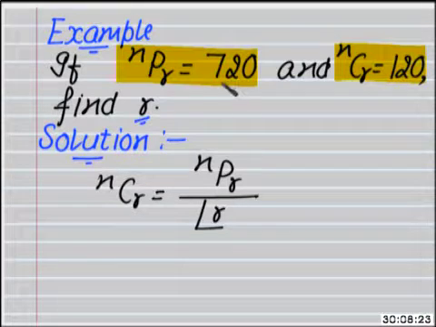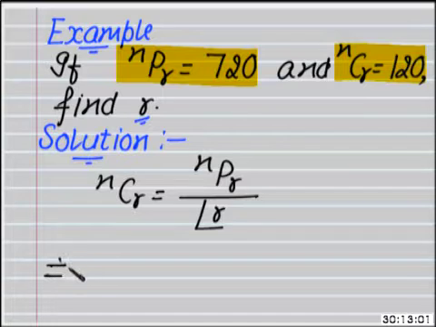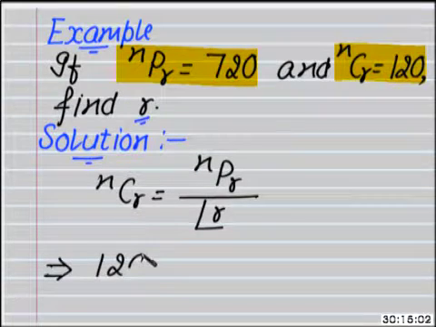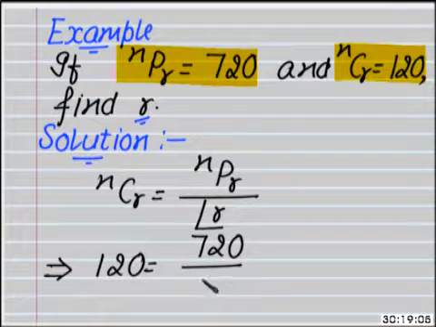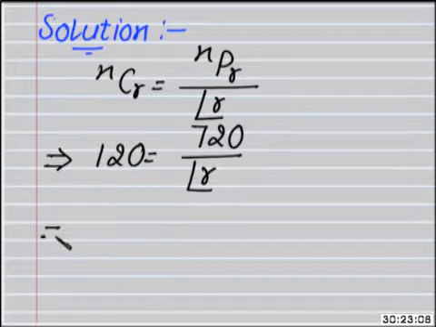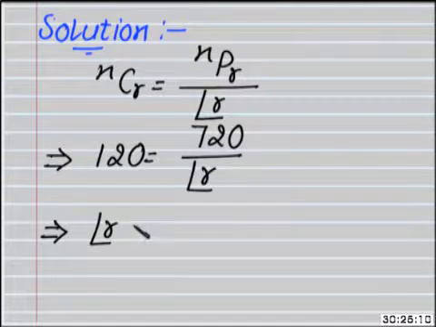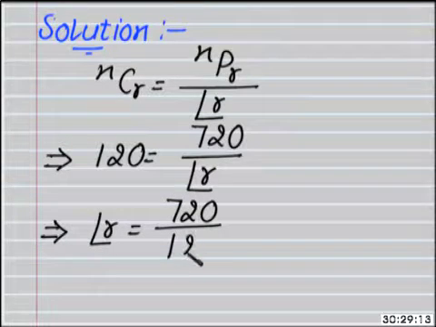Now putting the values of NPR and NCR, we get 120 is equal to 720 upon R factorial, implies that R factorial is equal to 720 upon 120,